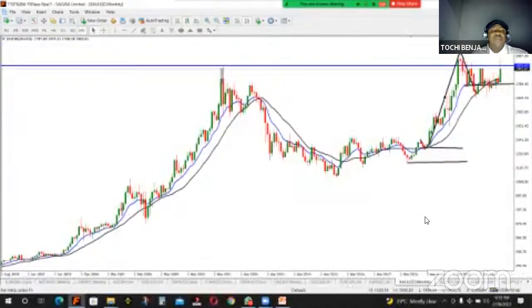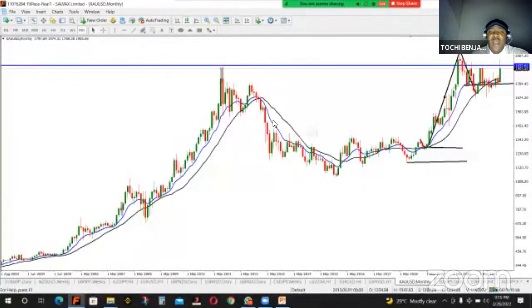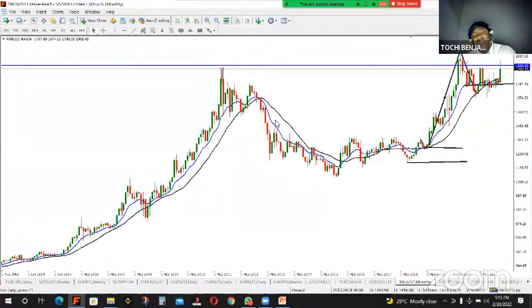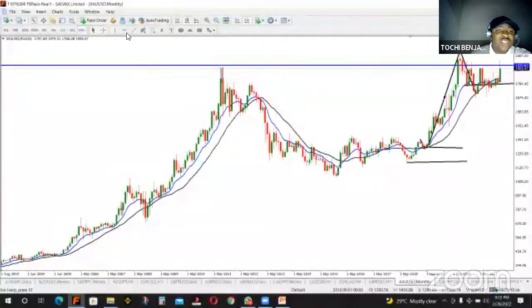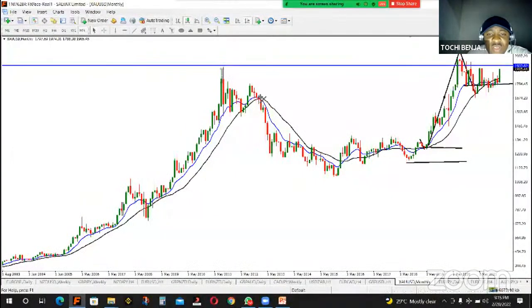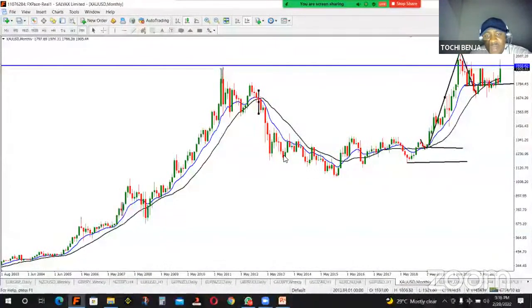Now, you agree that my smaller period moving average is the blue, while my higher period moving average is the black. So the smaller period, like I told you, moves faster than the higher period moving average. So it will cross it fast as the price is selling. Now, what you do is that at that point, when it crosses it, look at this point when it crossed it. It crossed it from above, going down, giving you a signal bias for the sell.